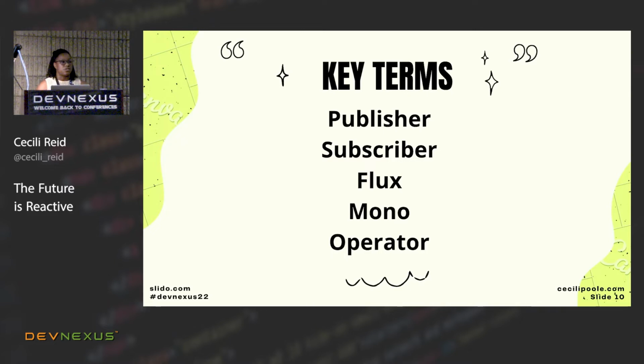implements the publisher interface. A Flux is basically a publisher of asynchronous objects or events, more than one object or event. Mono is also a publisher, but it's only 0 or 1 events. I'm honestly still not sure why they had to do it that way. Just know there's a difference. Mono, you may have no events or you may have 1 event. For Flux, you have at least 1, anywhere up to n. The last one is operator. This is a method, function, what have you, to do some piece of logic or behavior on your publishers.